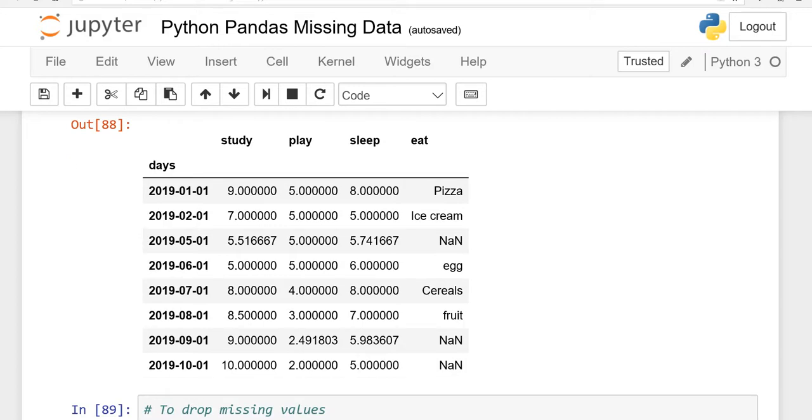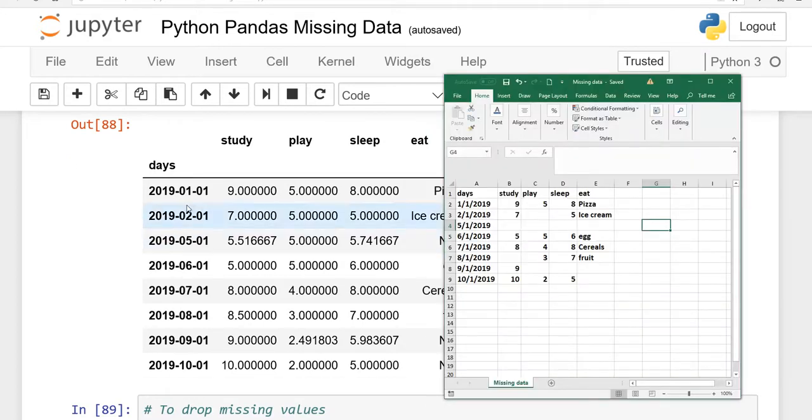So see here, this is our original data: January 1st you spend 9 hours, January 2nd you spend 7 hours. Now two days are missing, January 3rd and January 4th, and on January 6th you have 5 hours. So on the basis of January 6th, the system will estimate January 5th. It will say maybe you have spent 5.5 hours on study.